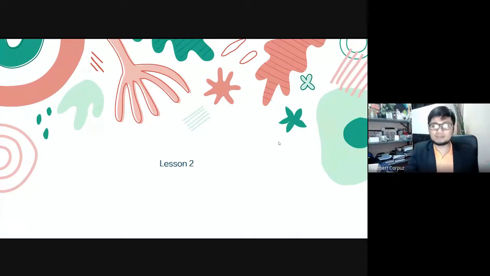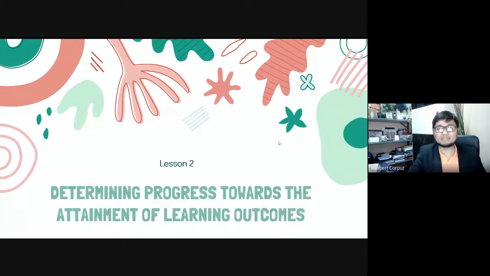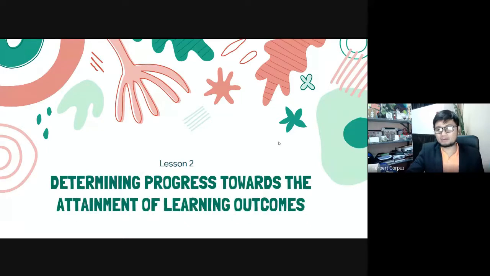So we now proceed to lesson 2 of our course in Assessment of Learning 1. And our lesson 2 is about determining progress towards the attainment of learning outcomes. So this lesson would mean that we will be looking into the learning or academic progress of learners towards the attainment or achievement of learning